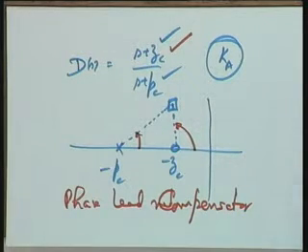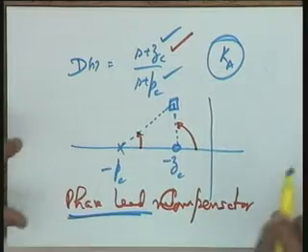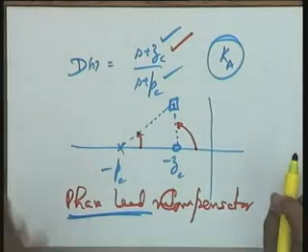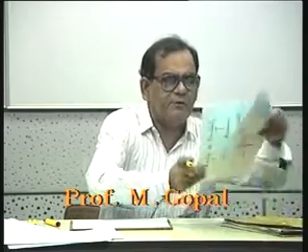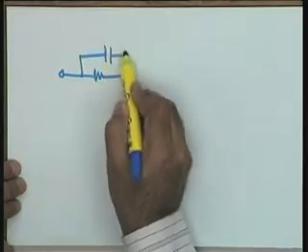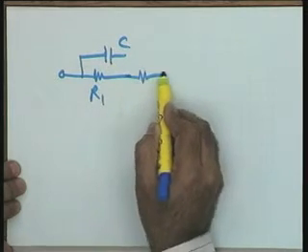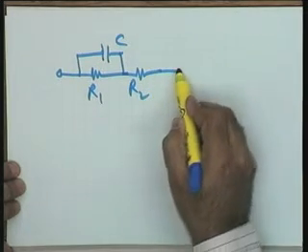A phase lead compensator is a compensator which adds angle. In the frequency, the meaning of the word rather, phase lead will become more clear when we go to the frequency domain. But at this point, I think the name why the phase lead is coming should be clear, that it is coming because of the lead angle it provides. Okay? Well, as a passing remark on this, I think I will like to give you a circuit and leave this as an exercise for you to see that this in fact is the op-amp circuit for a phase lead network.